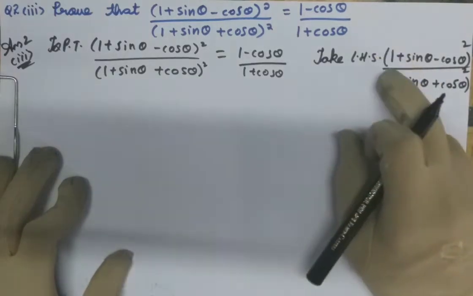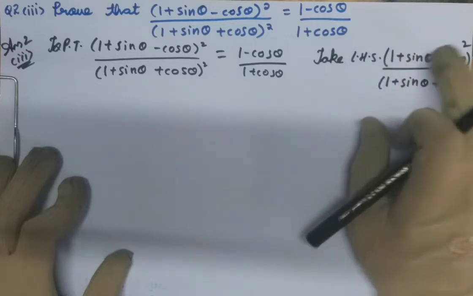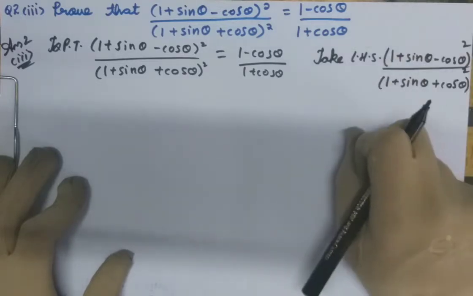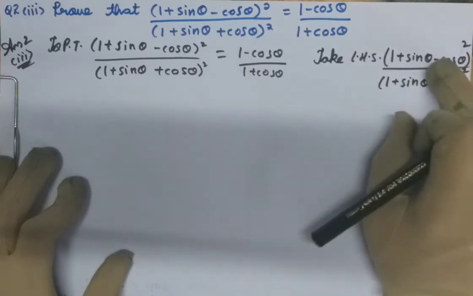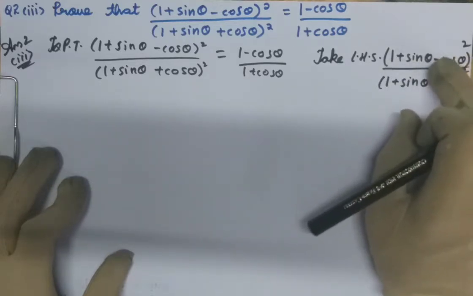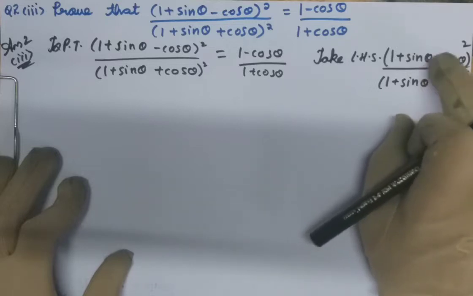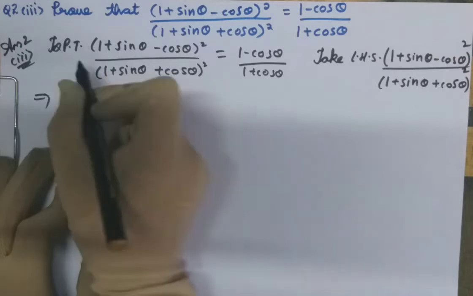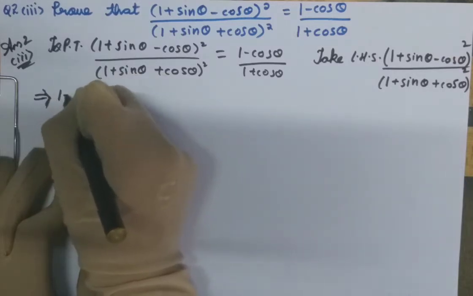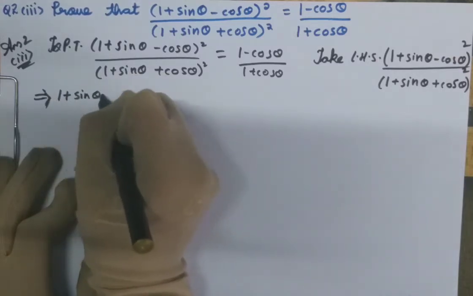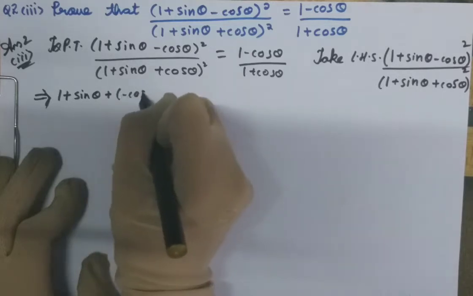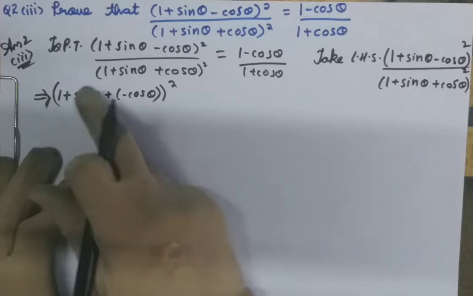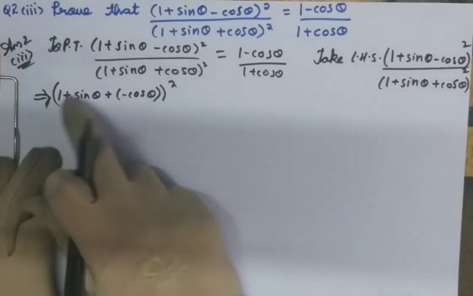Now observe this. If we consider that these 3 are different terms, we can write this as a plus b plus c whole square. Okay, because see, first we have minus, right? So how can you write this minus? We know plus into minus is minus. So see here, 1 plus sine theta minus cos theta we can write as 1 plus sine theta plus minus cos theta, and then we have whole square. So a plus b plus c whole square. This is our algebraic identity.